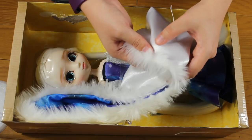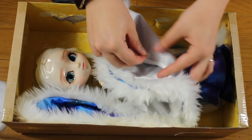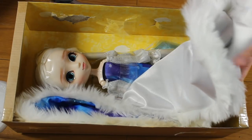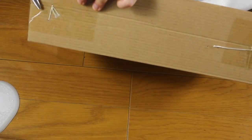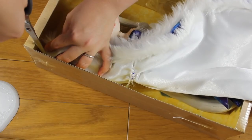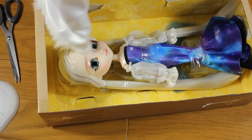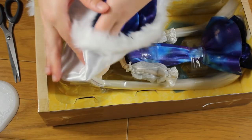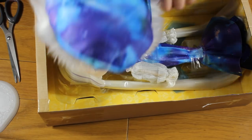See, it was sewn through, so you have this little hole here. Hopefully after a while you're not going to be able to see it, but if there is a knot and you pull on it, it can be troublesome, so just be careful, guys. And there is another one here on this side, so I'm going to cut it inside because I don't want the tape glue to get on the cloth. And here we go. I don't like when they do that because you have the little puncture hole through. At least on this side you don't see it. So anyway,